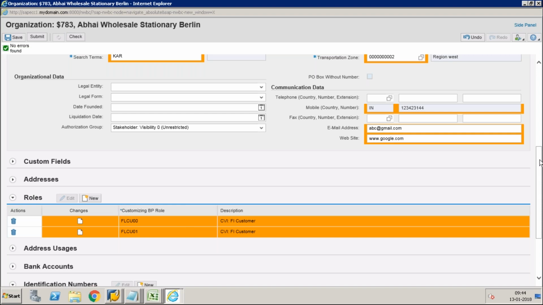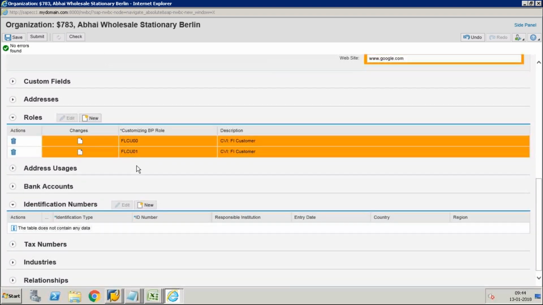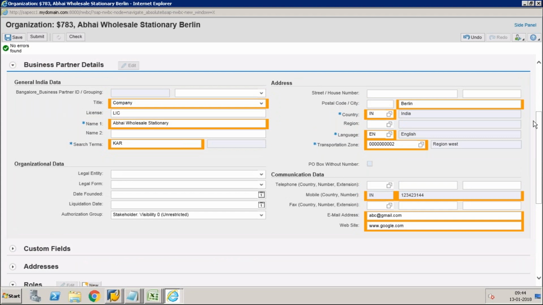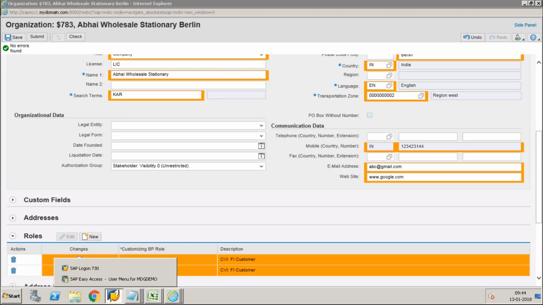No errors, fine. So generally there might be some errors, wherein if you want to switch off those errors,